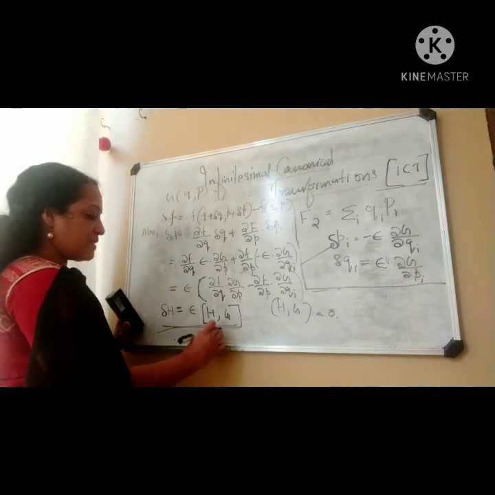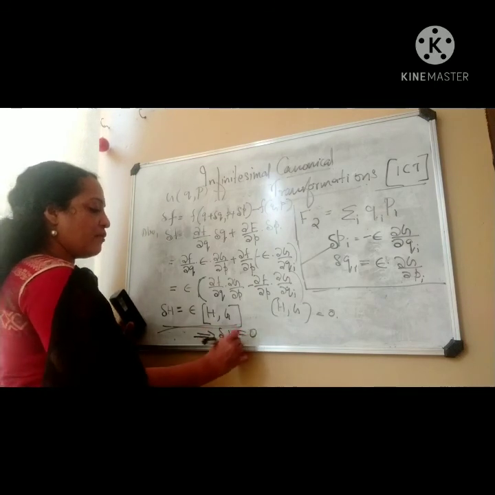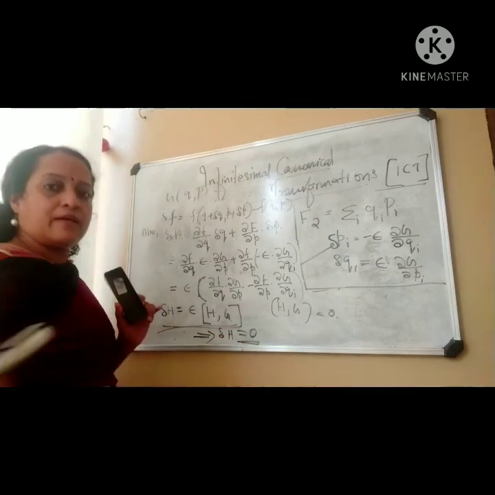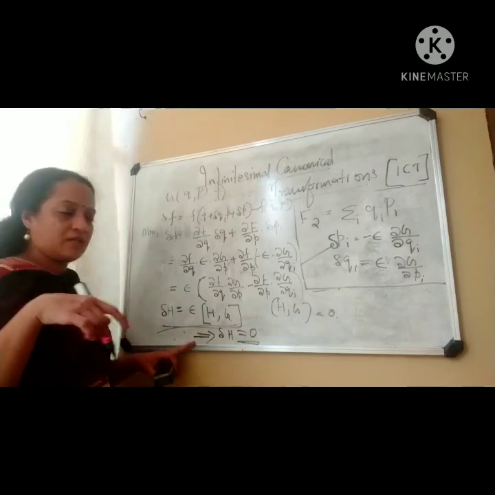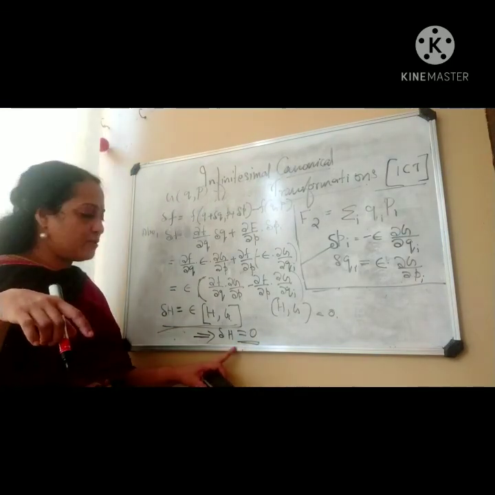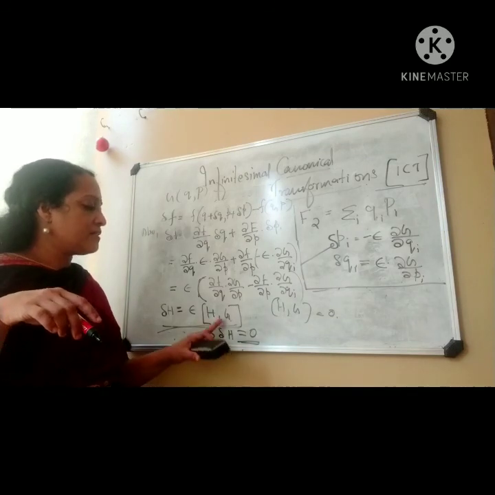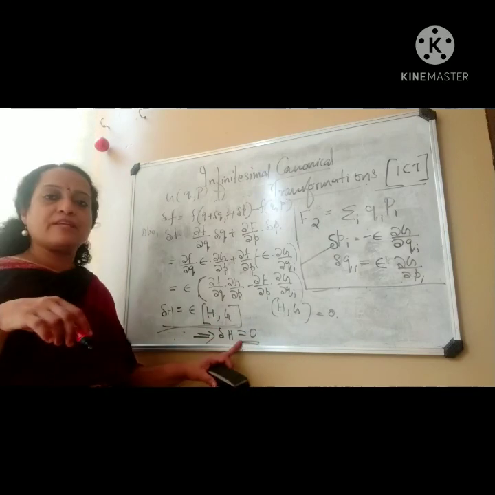This leads to delta h equal to 0 when g is a constant of motion. So the canonical transformation which is generated by a constant of motion leaves the Hamiltonian of the system